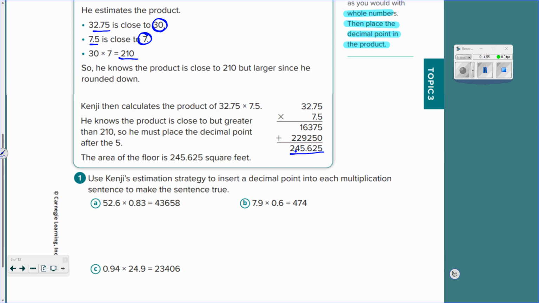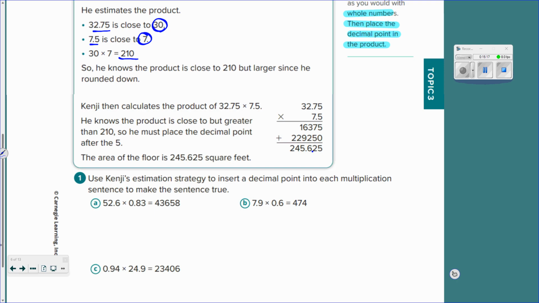No, not even. Is 24 close to 210? No, not even in the area. Is 245 close to 210? That's pretty close, right? If I kept going,